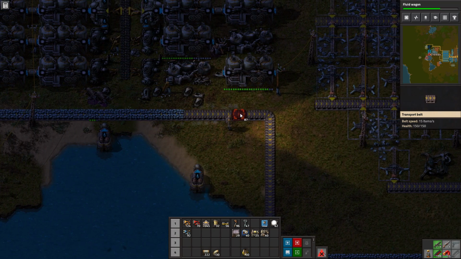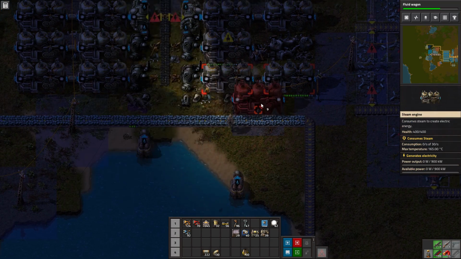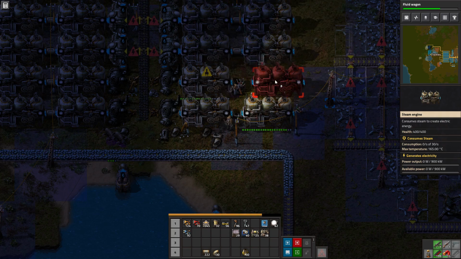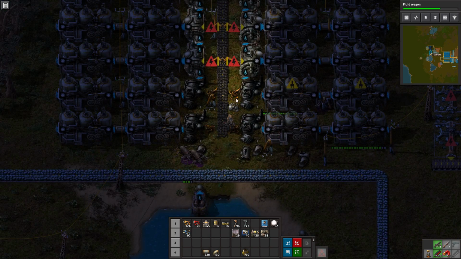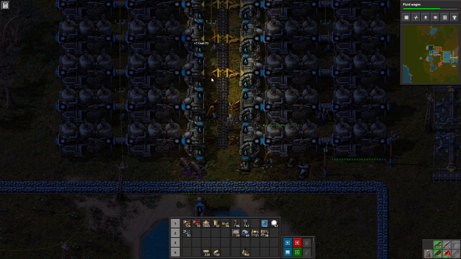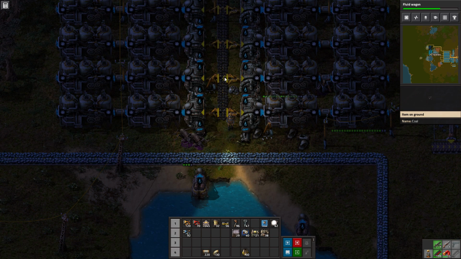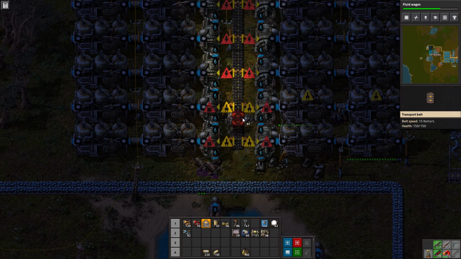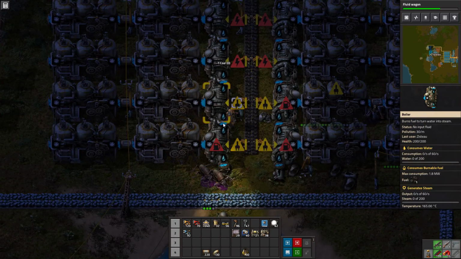All those belts are gone. They don't like belts. They like to eat them. I do happen to have some... Wow, they destroyed all kinds of stuff. All right. So let's see. What is missing? That guy's missing. That guy's missing. We need to... I guess they're out of power because... Oh, they destroyed all the belts. All right. So if I have some of this...